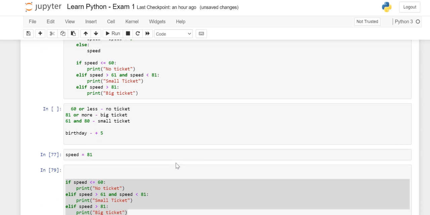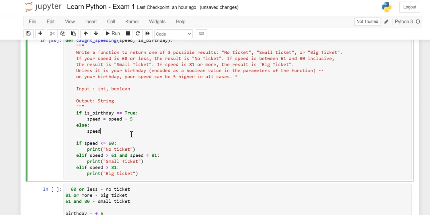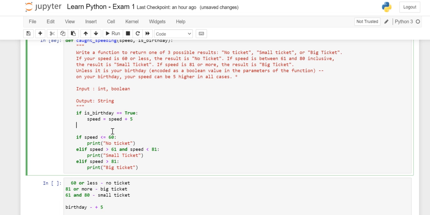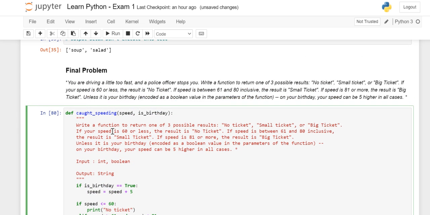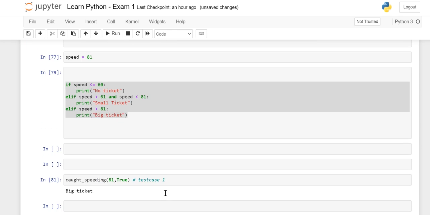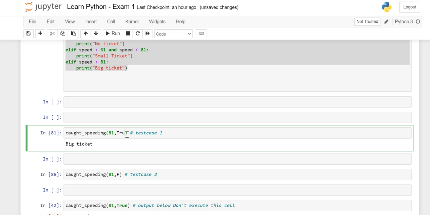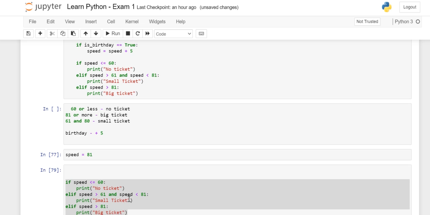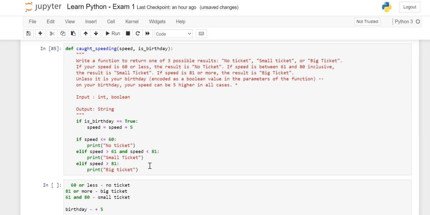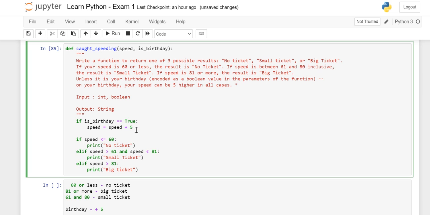It's not giving me any output. Okay, so if it's false, why is it not coming inside any of the if statement? What happened?